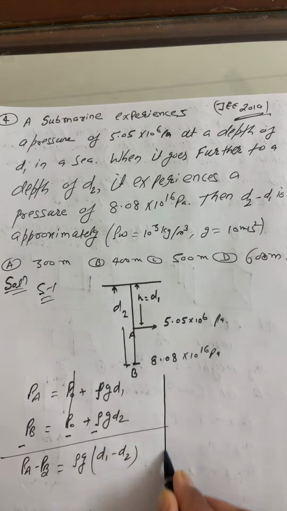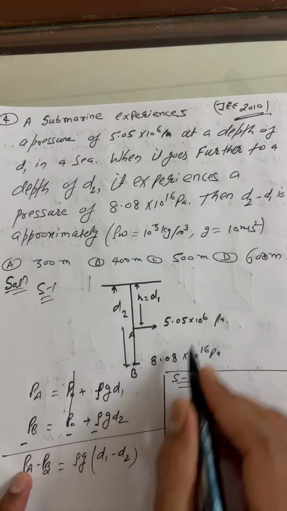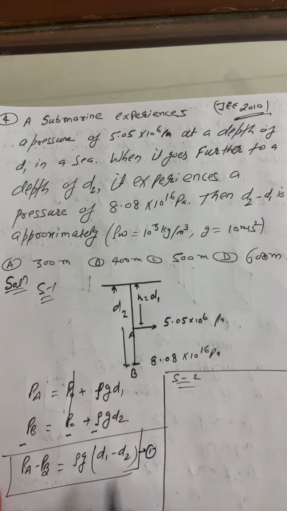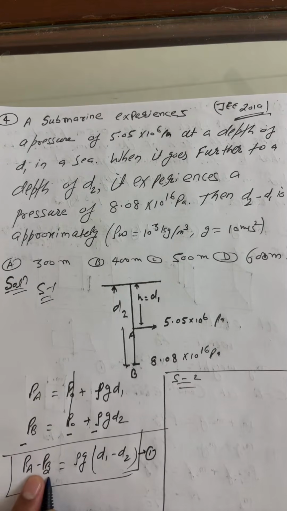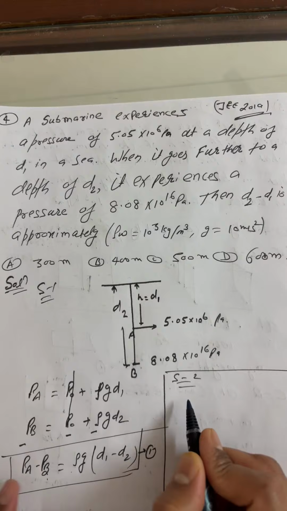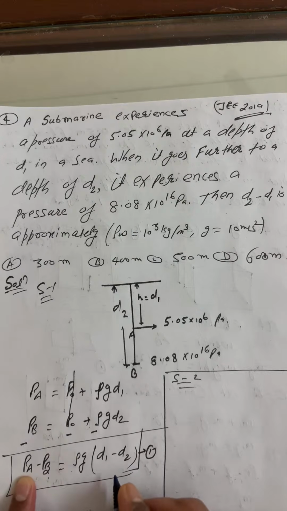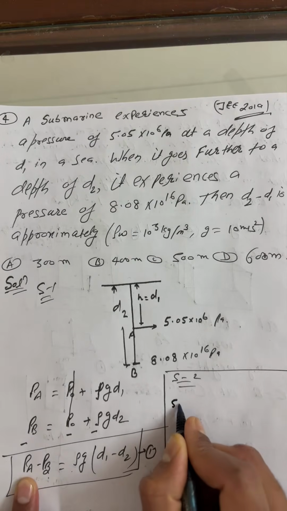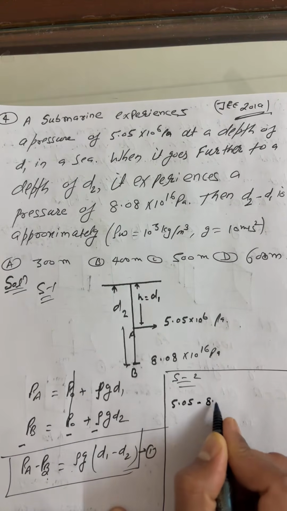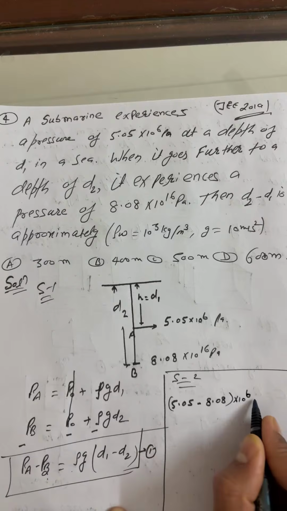Now, students, I'm going to continue. This is step two. So, what is the pressure at A? You can feed the value. We got an equation; let us suppose this is equation number one. Everything is known for us: PA known, PB known, density, everything. We'll get D1 minus D2 from here only. So PA is 5.05 into 10 to the power 6, minus PB 8.08 into 10 to the power 6, which equals